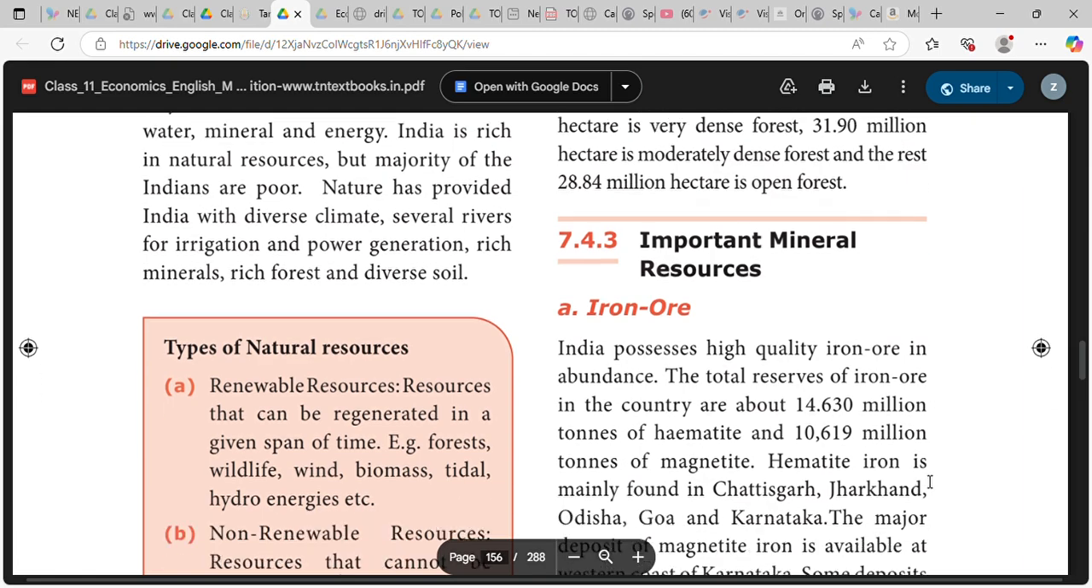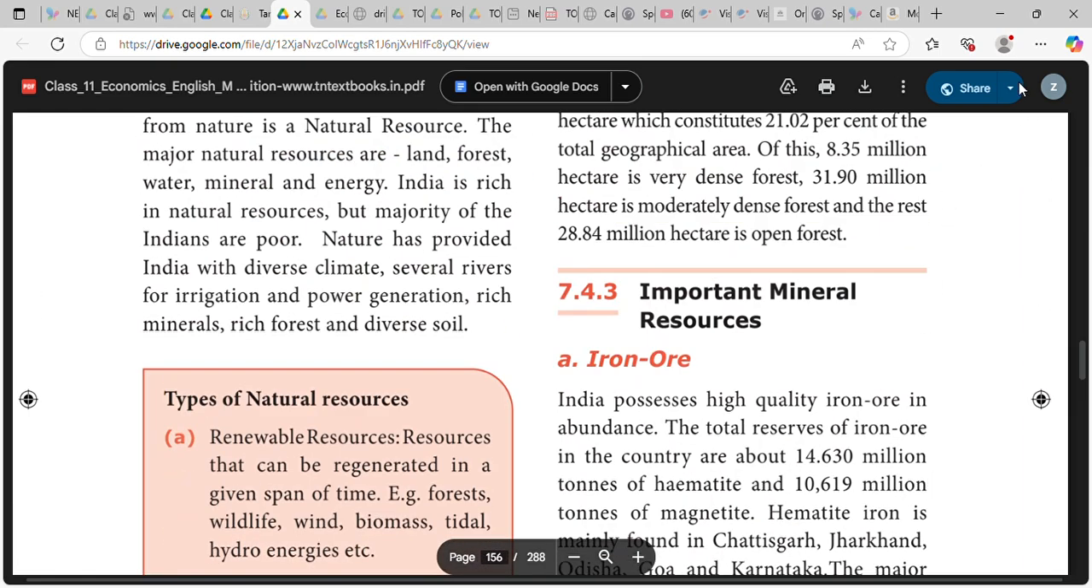India possesses high quality iron ore in abundance. The total resources